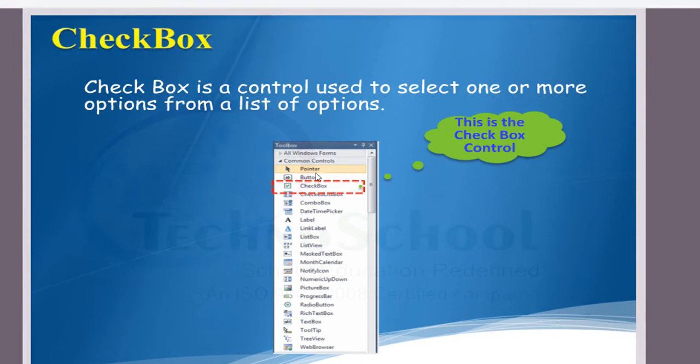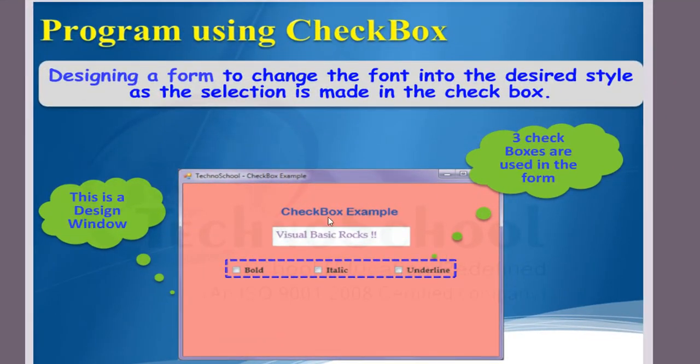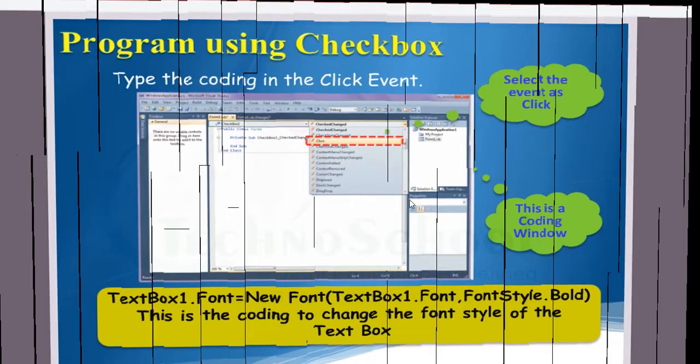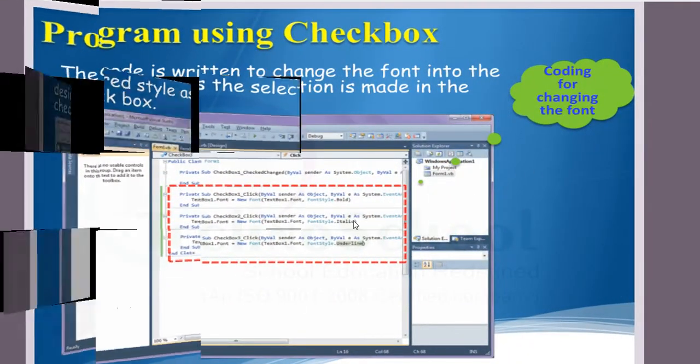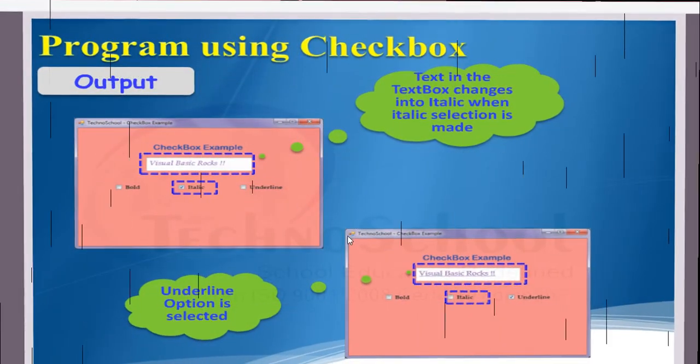So this is the checkbox. By using this checkbox we created the design like this, we did the coding and we executed the program successfully, right? So just a quick recap.